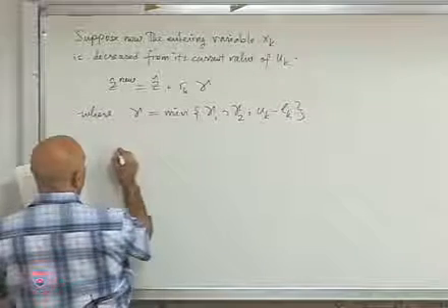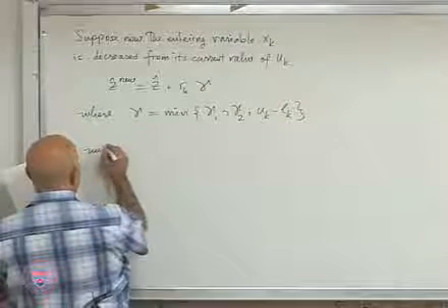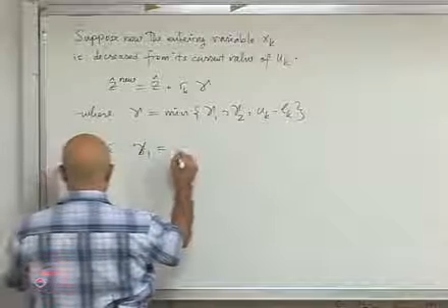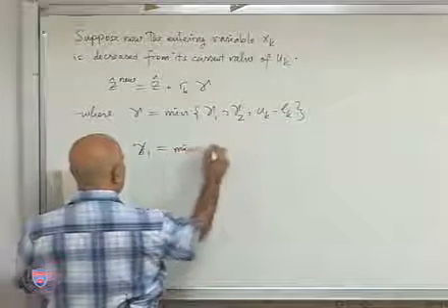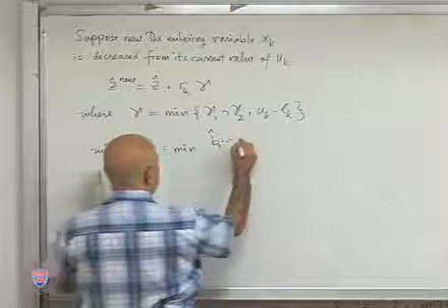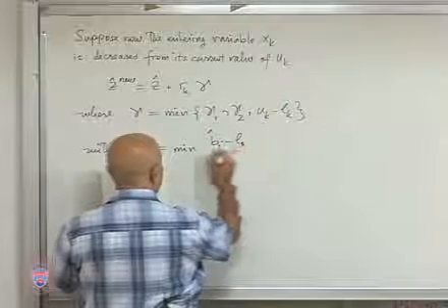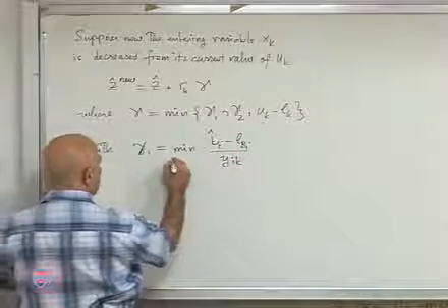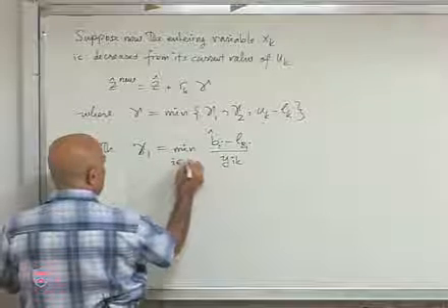Where gamma 1 is still defined by the minimum of the ratios bi cap minus lbi divided by yik for I coming from